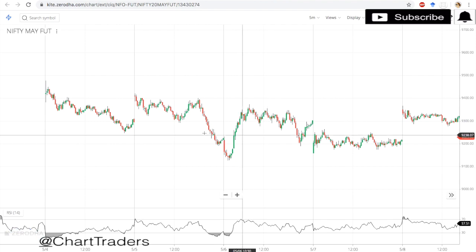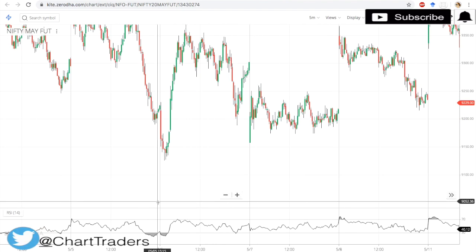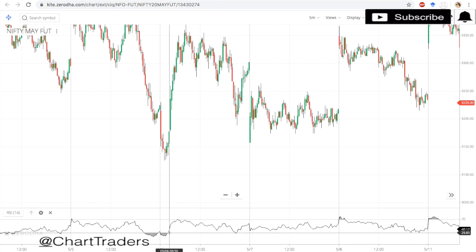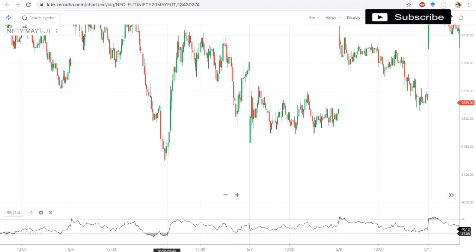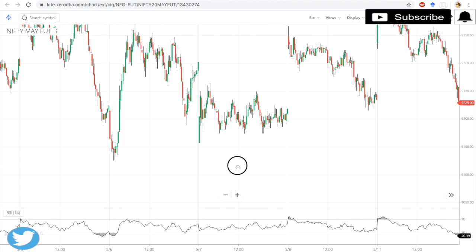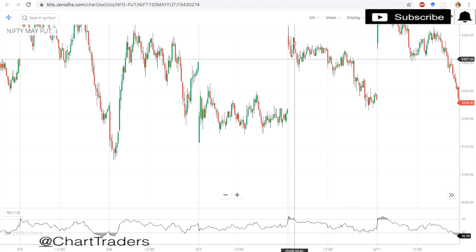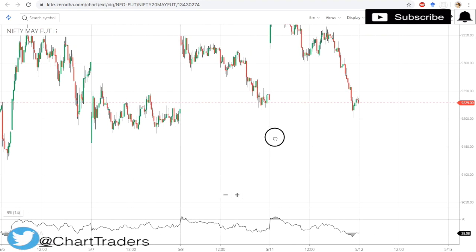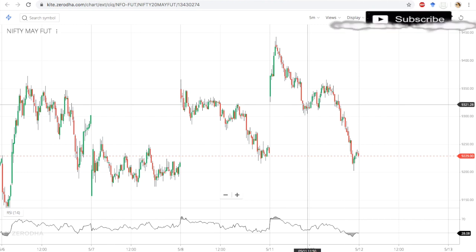Now here we can see when the value is below the oversold zone, once it crosses 30, there is positive momentum because it is in the oversold area. So when the RSI value is less than 30, in the oversold area, it will move up. Same way, when the RSI value is above 70, it falls because it is in the overbought zone. Same way here, the RSI value is above 70, and it will come down.